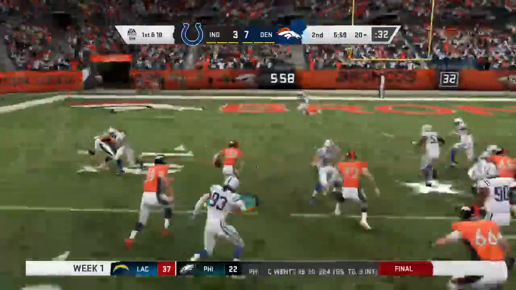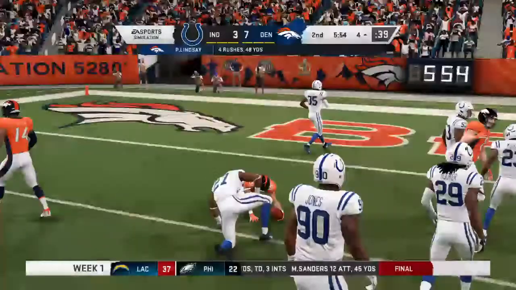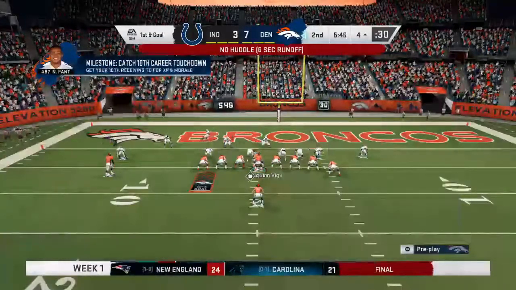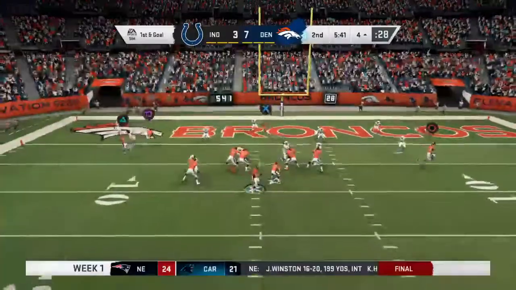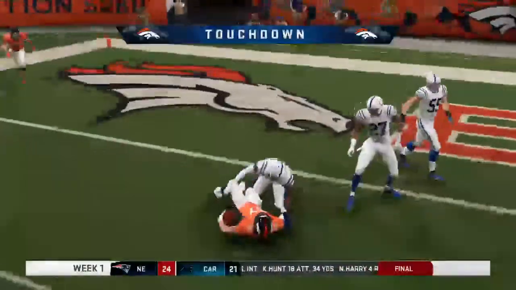On 1st and 10, it's Lindsay. And all the way down inside the 5 to the 4. Another nice gain, 16 yards there, and a first down again. 2 big plays in succession. Not sure this D knows what hit him, but now they got to get ready. And this is caught for a Bronco touchdown. Noah Fant there to make the...